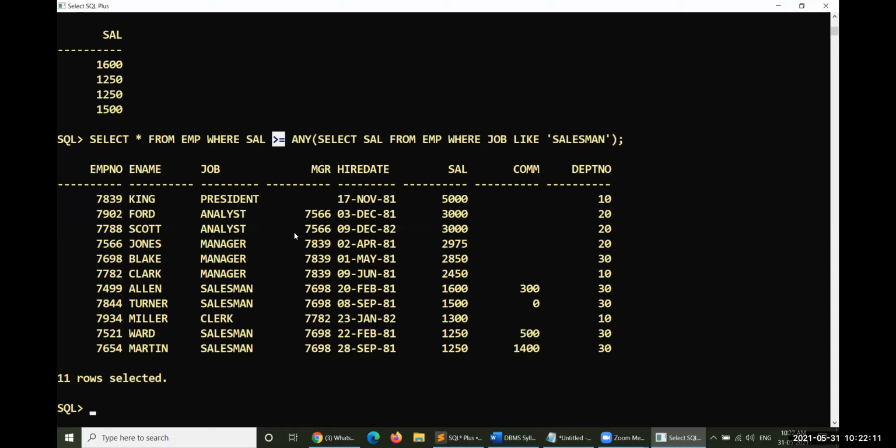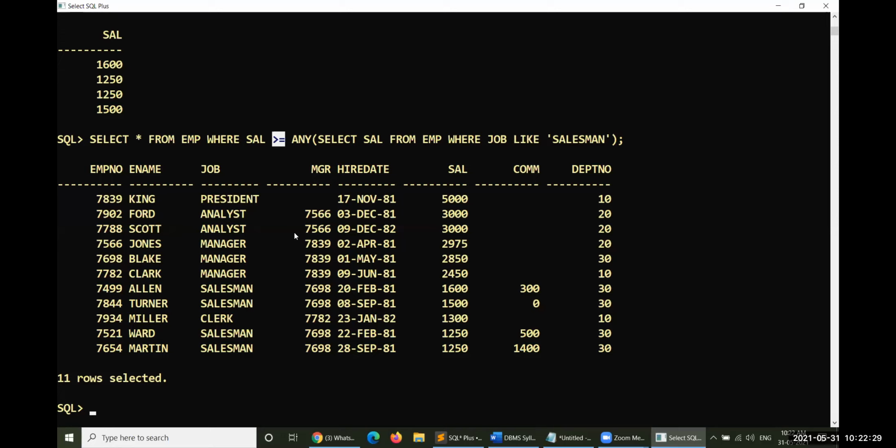So less than any means that, out of all the values generated by the subquery, one value will be the maximum. Anything less than that maximum value gets displayed by the main query, or outermost query.